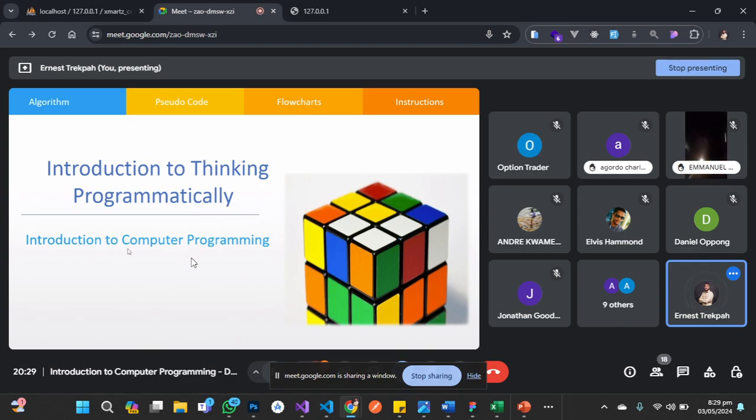Having said this, we are saying that these three components that we have highlighted, algorithm, pseudocode, and flowcharts, are building blocks for problem solving. When it comes to problem solving in the computer world or in programming, these are the building blocks. So it is very crucial that we understand what they mean and how they can help us. Algorithms, pseudocodes, and flowcharts help us develop what we call efficient